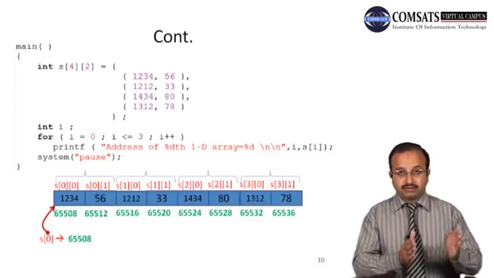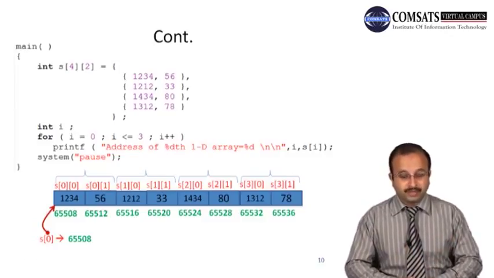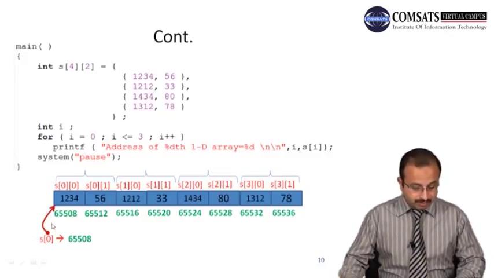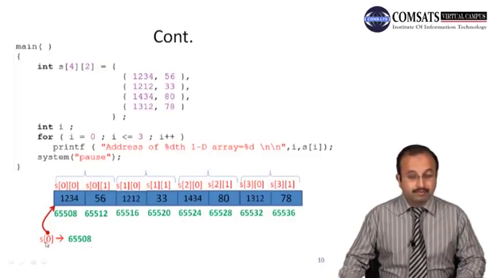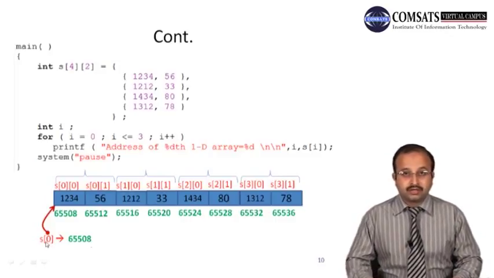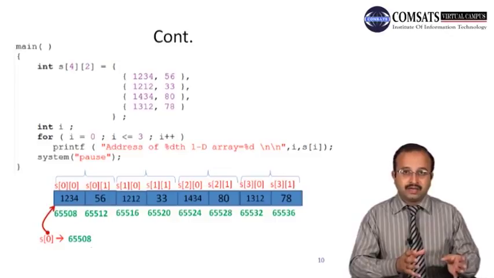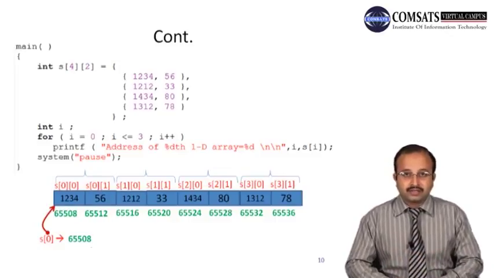जो पहली वन डायमेंशनल अरे है उसका एड्रेस होगा s of 0 में, ठीक है, and that address is 65508. Let's say this is the memory address of the elements of that array. Then, so the address of this element 65508 is the address of the first one-dimensional array in this two-dimensional array. ठीक है, इस टू डायमेंशनल अरे में जो पहली 1D अरे है उसका एड्रेस you can access that address like